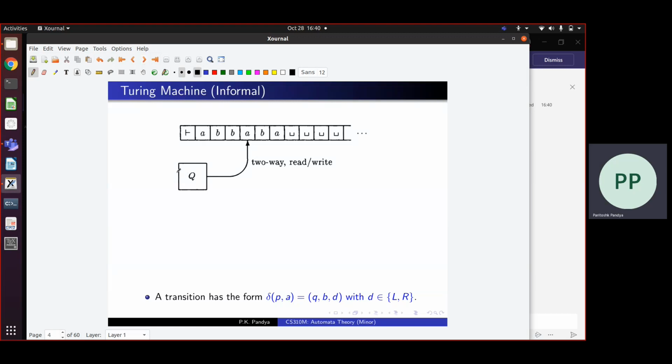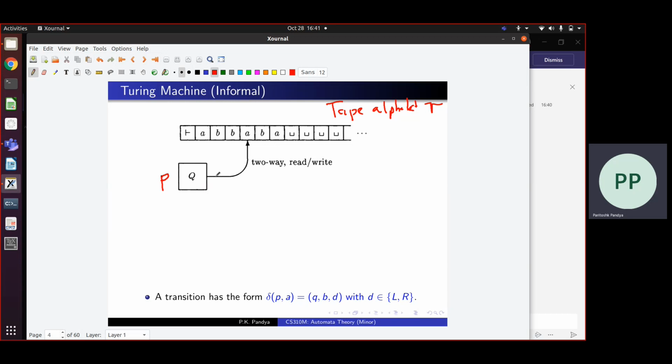as we saw last time, a Turing machine consists of a finite state control. So at any point in its execution, it can be in some state, let us say P, from a finite set of states. It also has a one directional infinite tape, which is divided into cells. And the cells can store symbols, and the symbols come from a tape alphabet, Gamma. So here these symbols A, B, etc. are from the tape alphabet. Now this is a read-write tape.